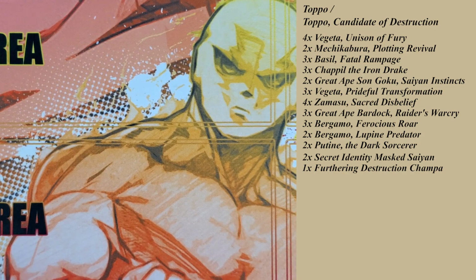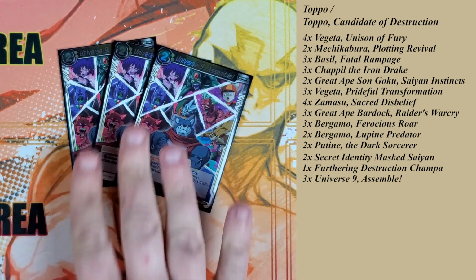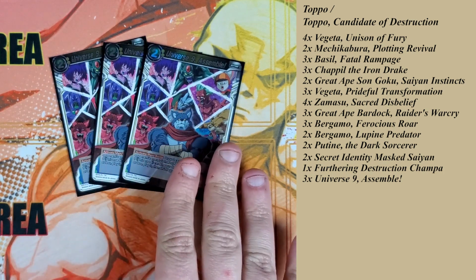Then moving on to our extra cards, which we do play a lot. I'm running 3 of the Universe 9 Assemble. I've been running 4 on these. One of the big problems, this deck, like a lot of Arrival decks, really struggles with combo power. So I wanted to minimize. I would end up with situations where I had like 3 or 4 of these in hand, or 2 or